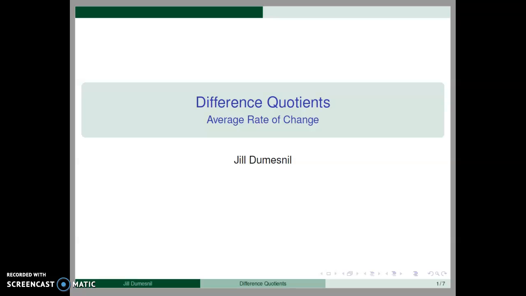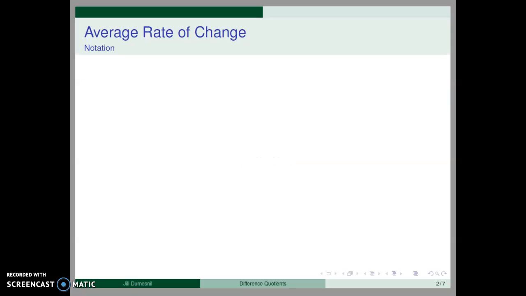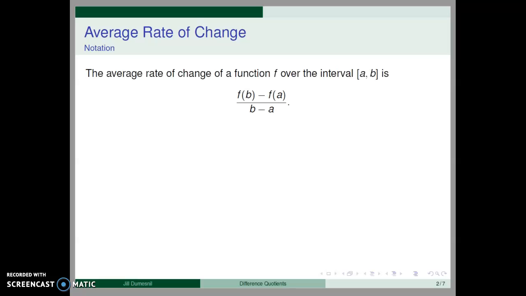Difference quotients, essential for defining derivatives in calculus courses, are exactly the quotients computed to find the average rate of change for a function over a particular interval. Let's review the average rate of change. In general, the average rate of change of a function f over the closed interval from a to b is